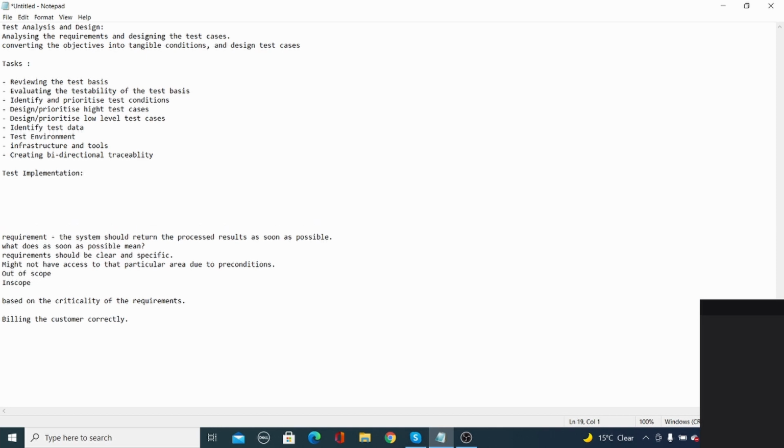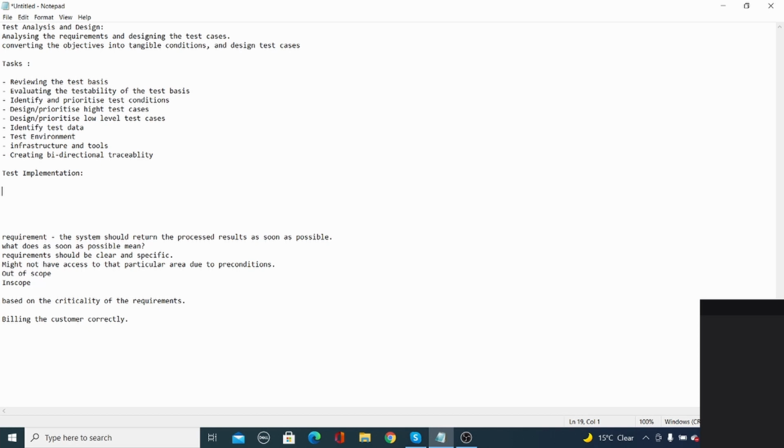What is test implementation? Now we have everything ready, so we are going to decide how we are going to carry on our testing. That process itself is test implementation.